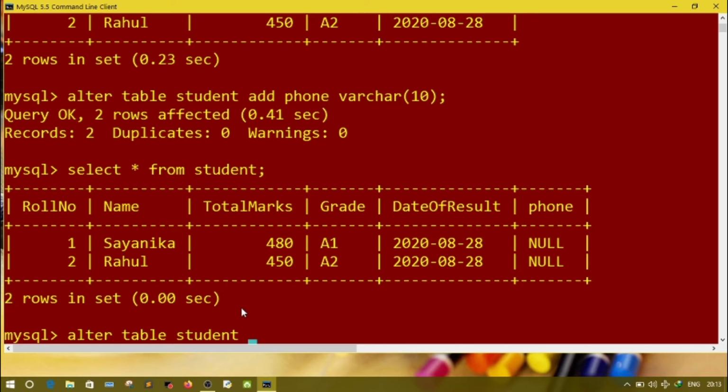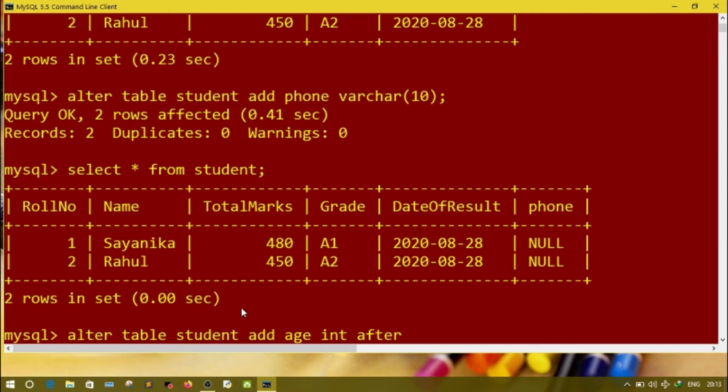Then we'll write add and the column name. The column name will be age. Then the data type, it's int. For integer we don't need to write the size. After the data type we'll write after, then the column name, after which column I want to add the field.